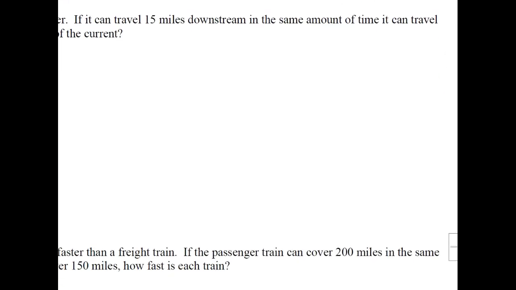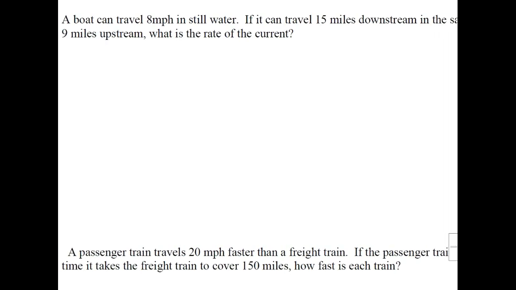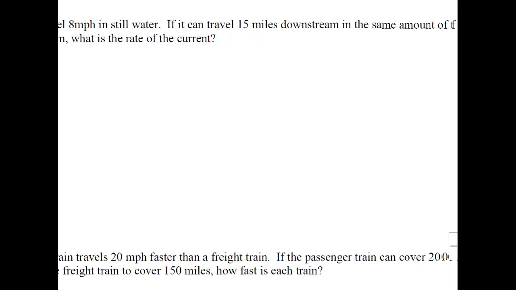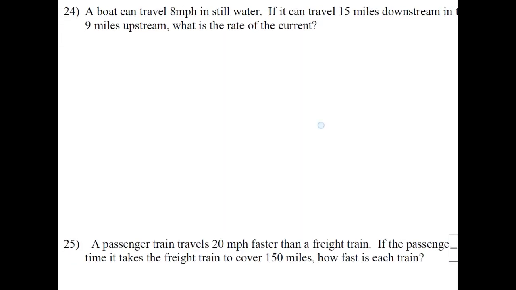All right, we're talking about boats. A boat can travel 8 miles an hour in still water. If it can travel 15 miles downstream in the same amount of time it can travel 9 miles upstream, what's the rate of the current? Well, that's my variable then, because it's asking what's the rate of the current. So C is equal to current,